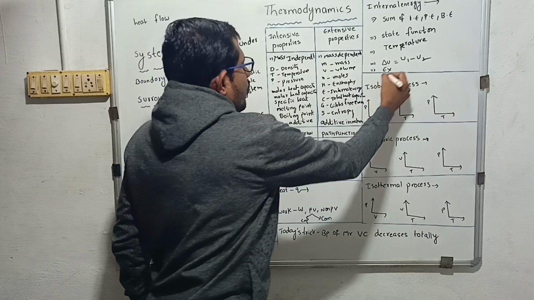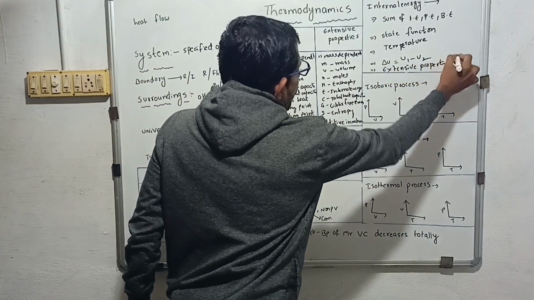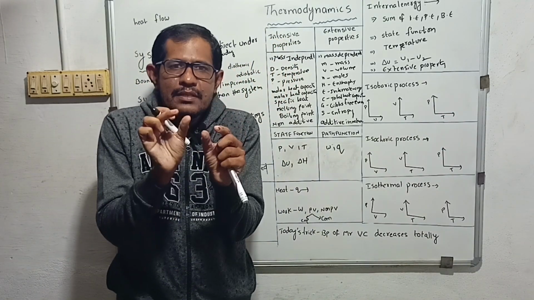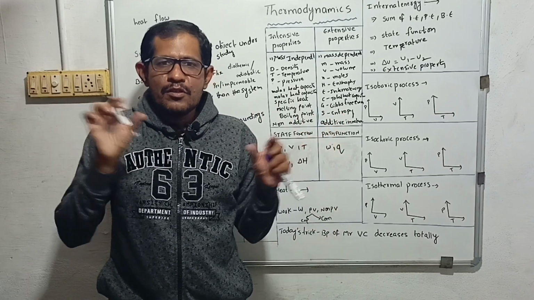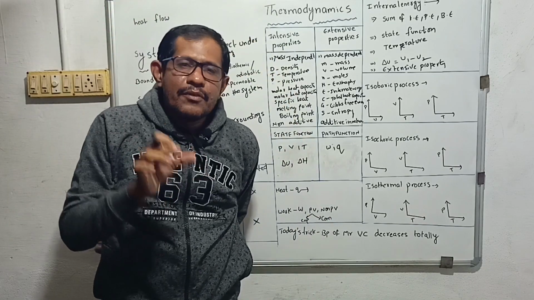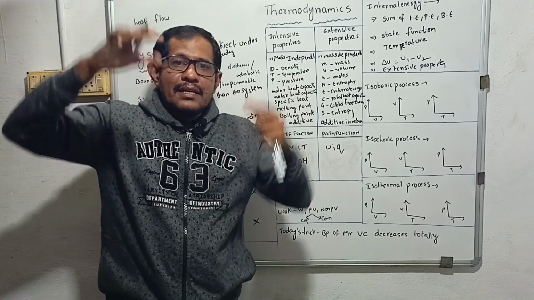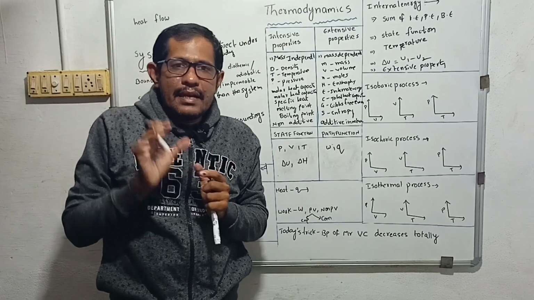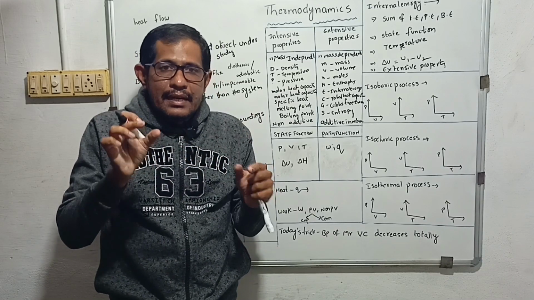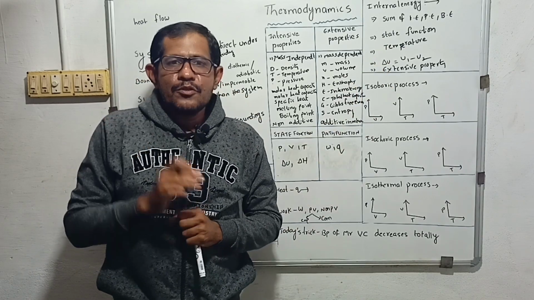It is an extensive property, right? That means it is a mass dependent property. Say a small stone and a big stone both fall on our head. Which causes more damage? The big stone will cause more damage. Why? It has high kinetic energy while falling, and it has high potential energy also. That's why internal energy depends on mass, and that's why it is called an extensive property.